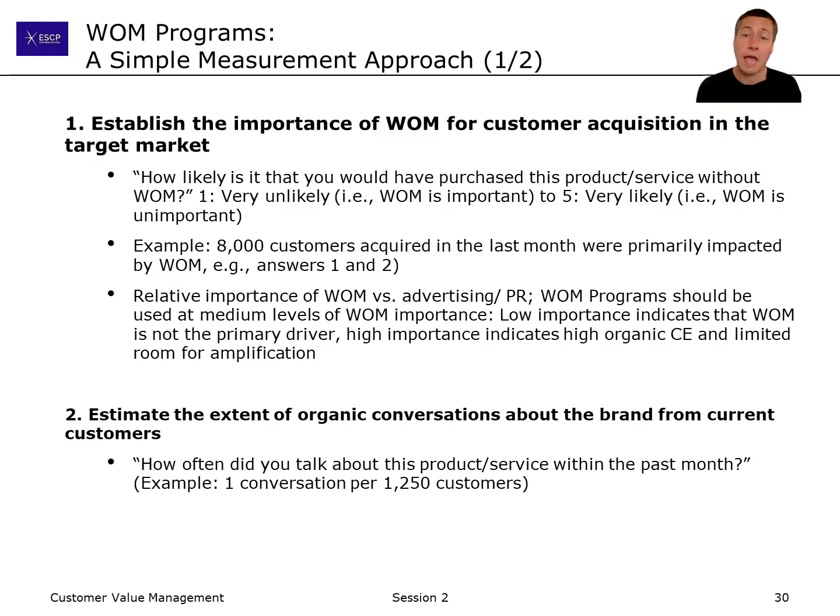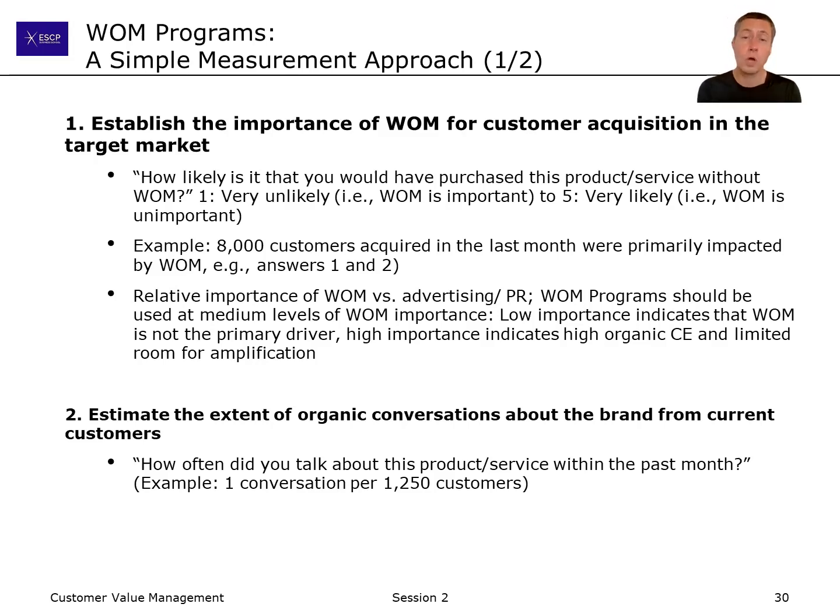And then you can simply count. For example, out of all the customers that you have acquired in the past quarter, you can say that 8,000 customers were primarily impacted by word of mouth, for example, because they gave you answers 1 or 2. It's important to note that word of mouth programs should be used when word of mouth is roughly